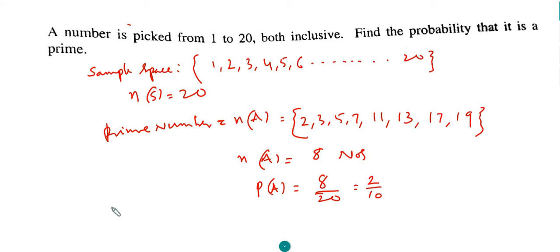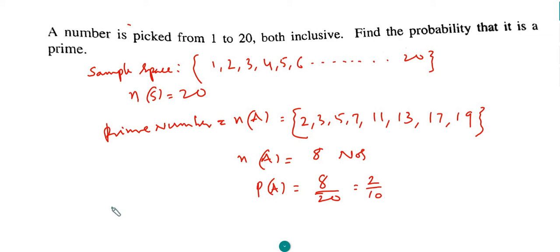So, okay, friends, a number is picked from 1 to 20, both inclusive. Find the probability that it is a prime. That means he has chosen 1 to 20, both numbers included. Let us assume that there are slips, some tickets, 1, 2, 3, 4,